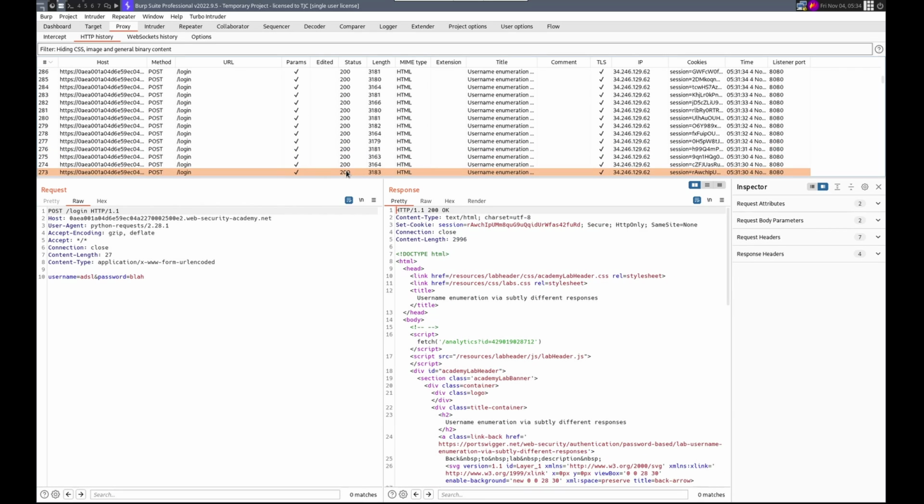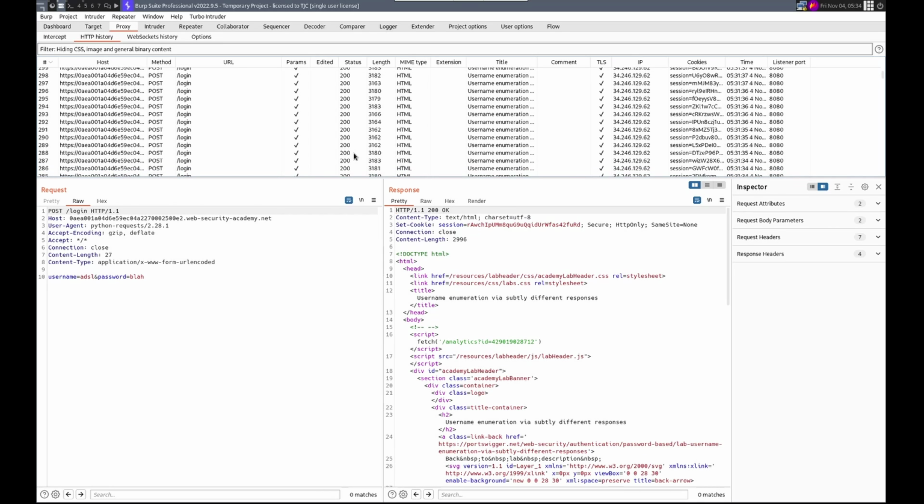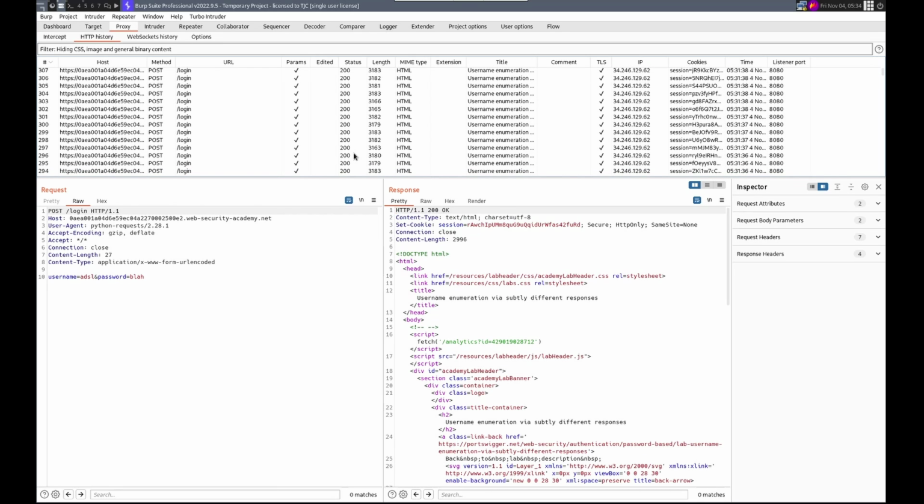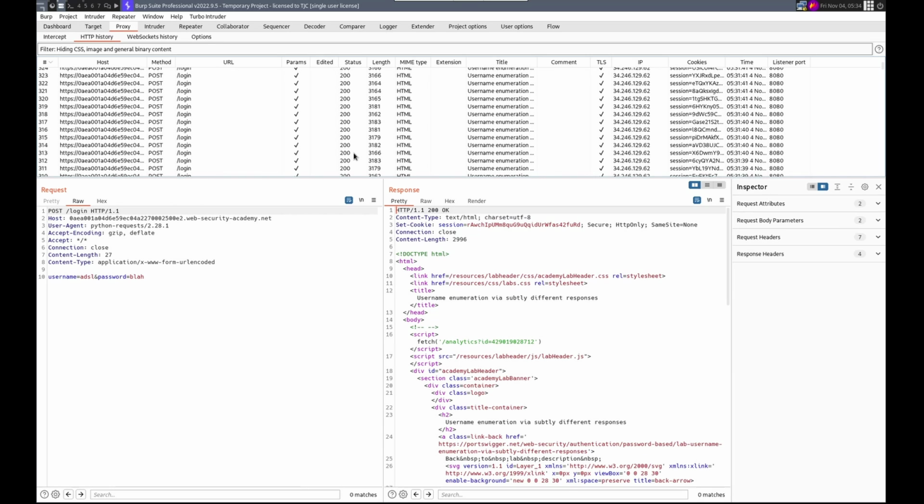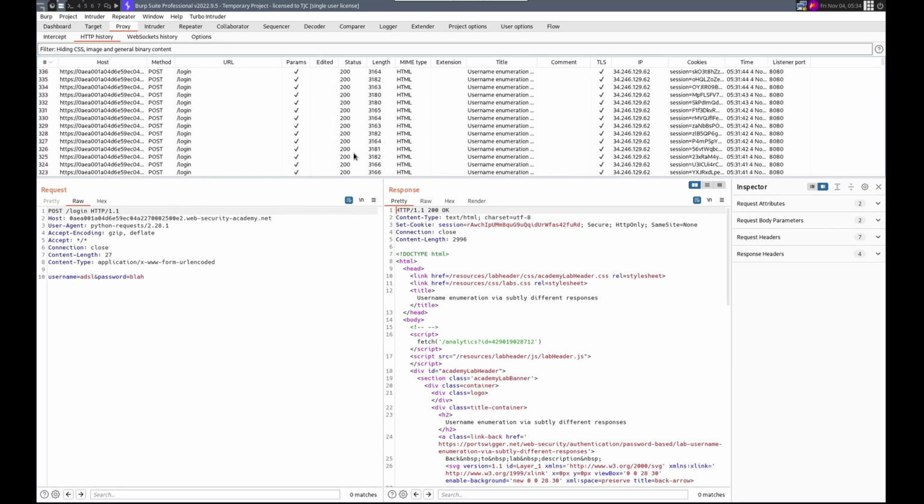Length. That's a good question. Or does it mean